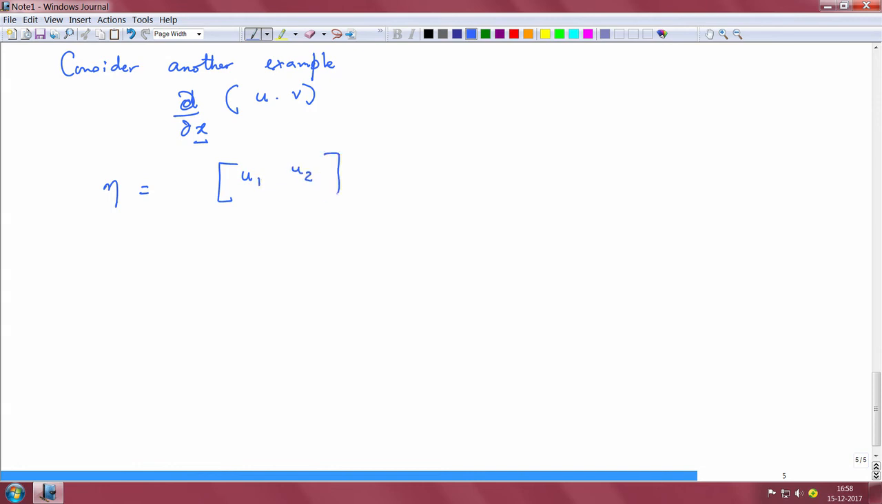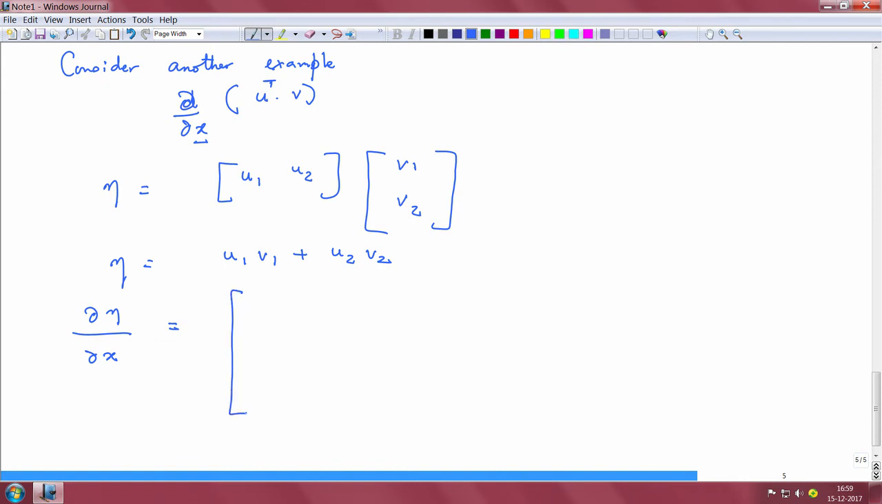u1 u2 times v1 v2. You could call this possibly u transpose, following the same convention that we followed. Now eta in general is say u1 v1 plus u2 v2. There are 2 different vectors. Now if you are interested in taking the derivative with respect to x of the scalar eta, then